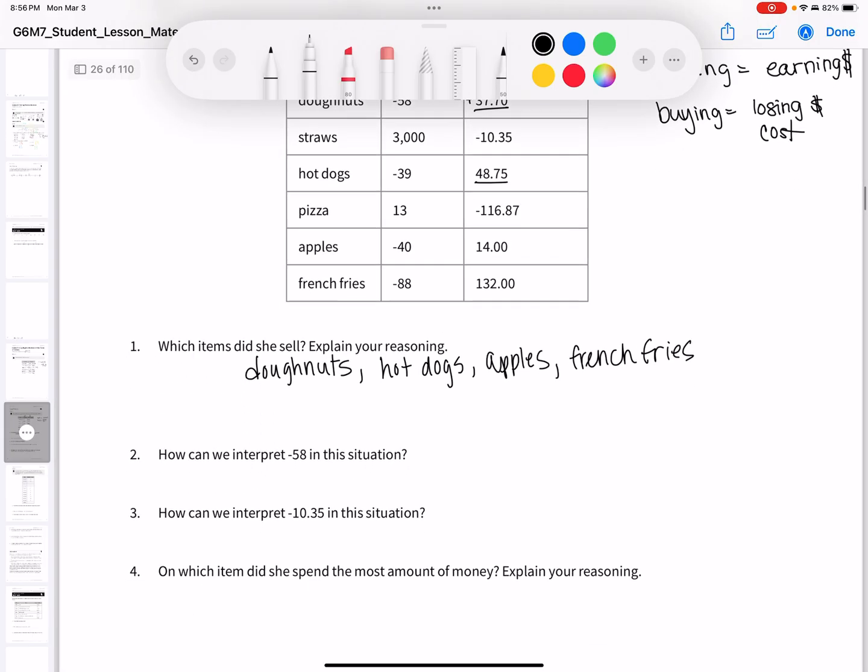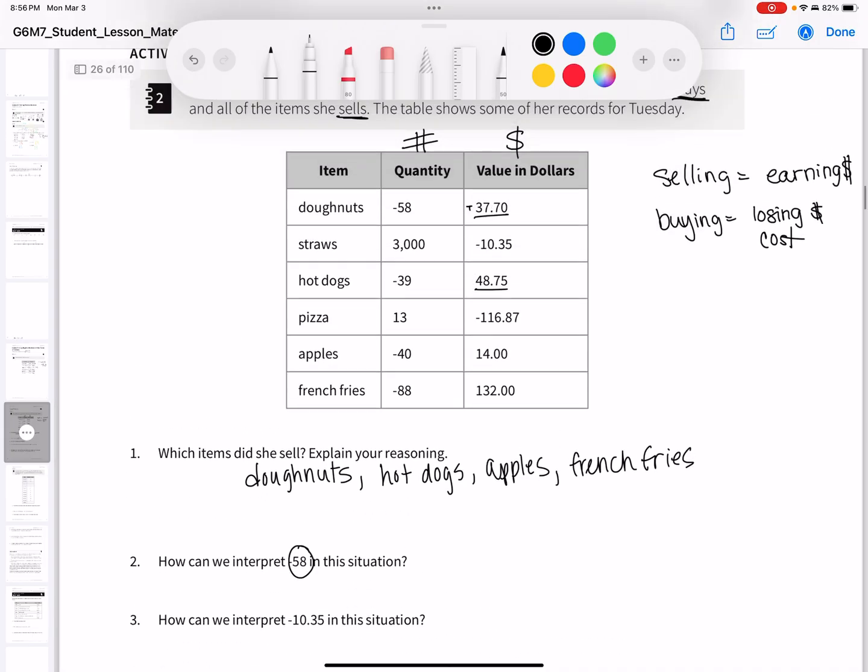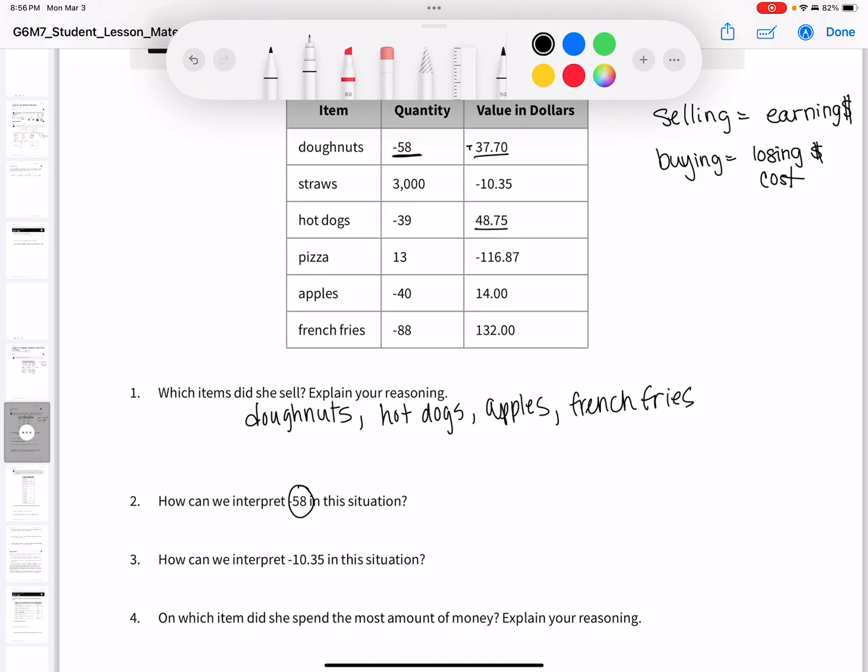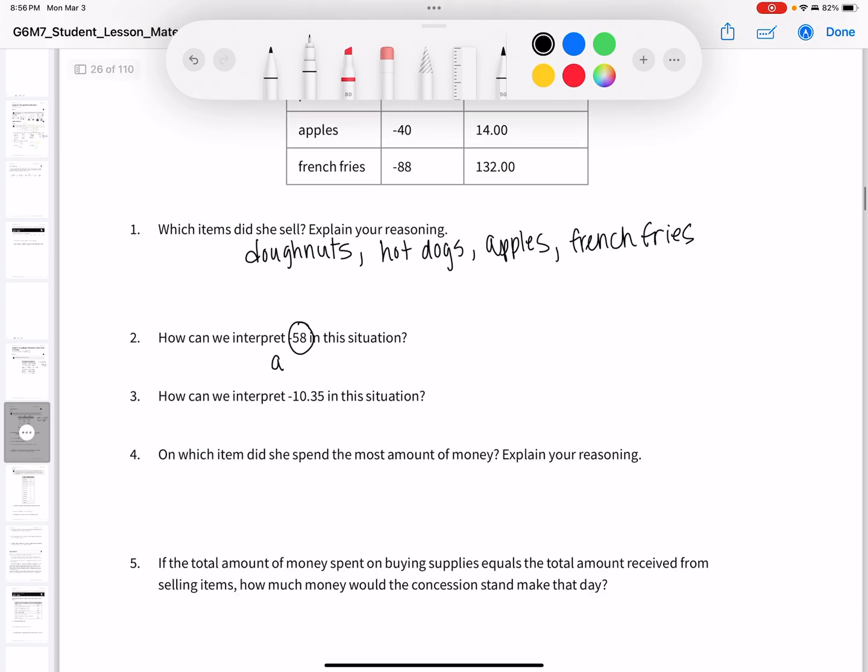All right, how can we interpret negative 58 in this situation? Well, negative 58 is the quantity that she has. So she's given out or sold 58 donuts to receive money in return, right? So how can we interpret the 58? The 58 is the amount of donuts sold, right? Amount of donuts sold. Okay, it's what she sold. Sold 58